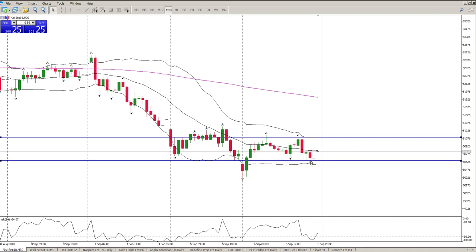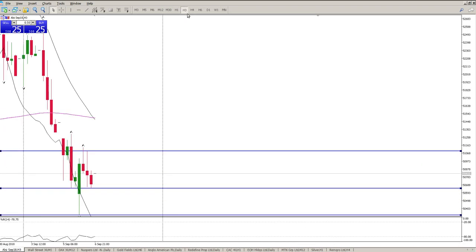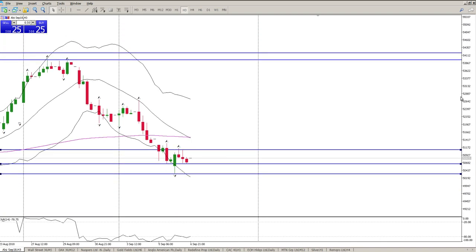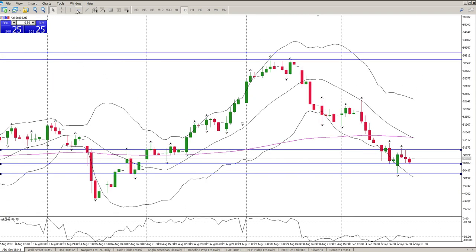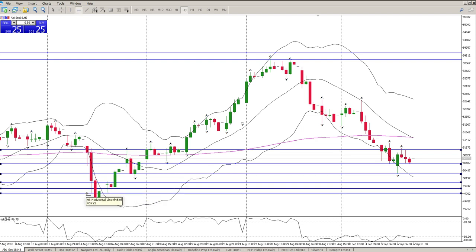If we do break this to the downside, then you need to look to the left and pick up all your levels on the left-hand side. Pick them up off the 4 hour or the 3 hour. Doesn't really matter. See, if I pick them up off the 3 hour, you can see they're still pretty much in the same area. So that's 50,000 and 60. And there is another one over there. And that probably is our 50,000, 49,860. And then there's another one there. Okay, so